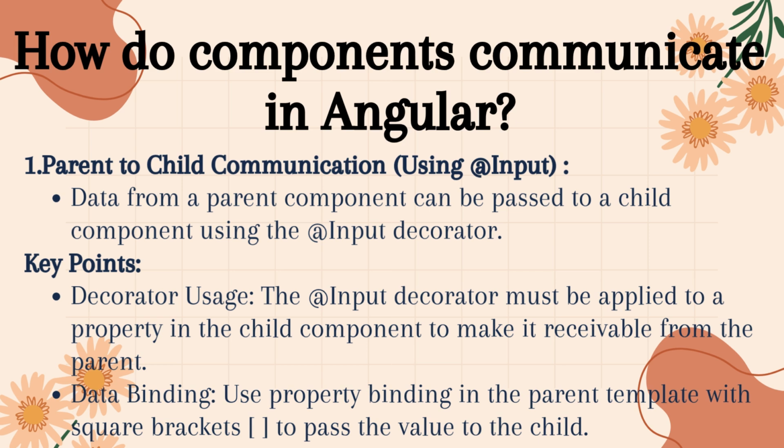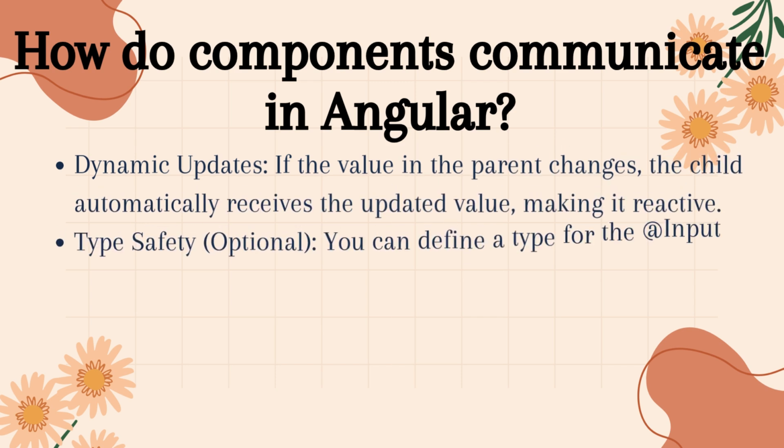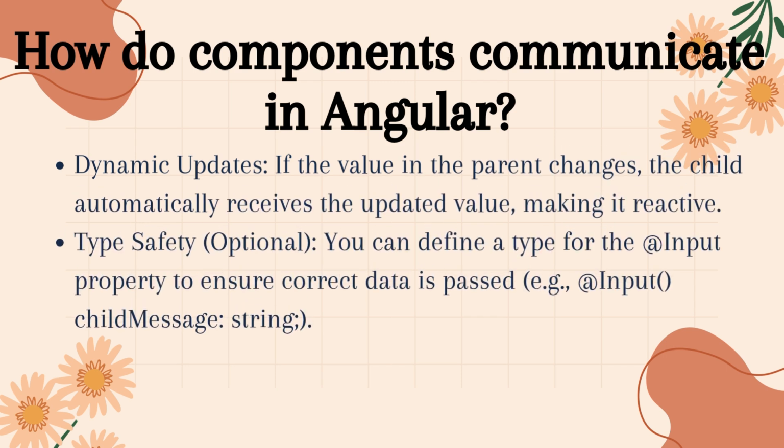Use property binding in the parent template with square brackets to pass the value to the child. 3. Dynamic updates. If the value in the parent changes, the child automatically receives the updated value, making it reactive. 4. Type safety. You can define a type for the @Input property to ensure correct data is passed, e.g., @Input() childMessage: string;